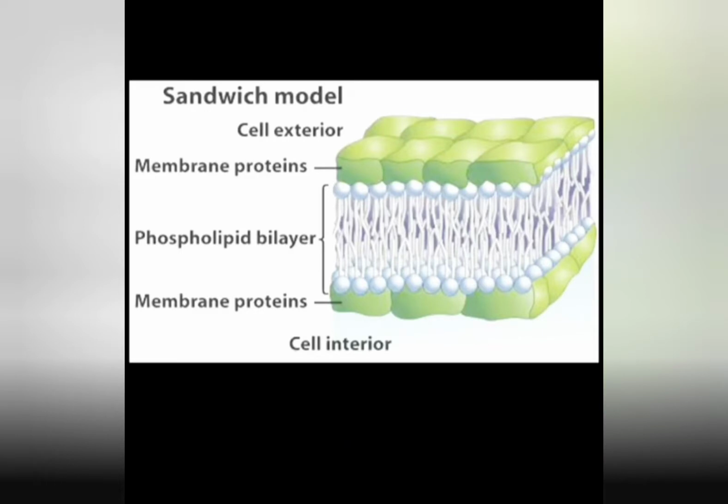And the three layers of the plasma membrane again, as you can see, are: the top one, the green colored portion, consists of proteins. Next, the lipid bilayer, also known as phospholipid, because these lipids contain phosphorus. And next is another membrane protein layer, and these two protein layers sandwich the lipid bilayer in between them.